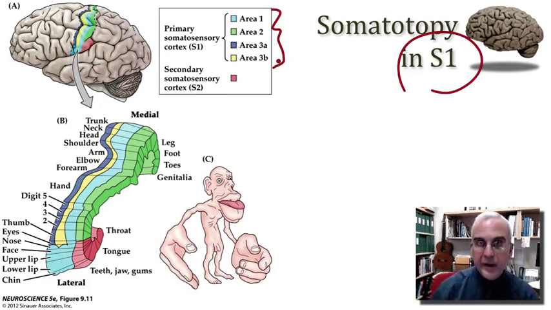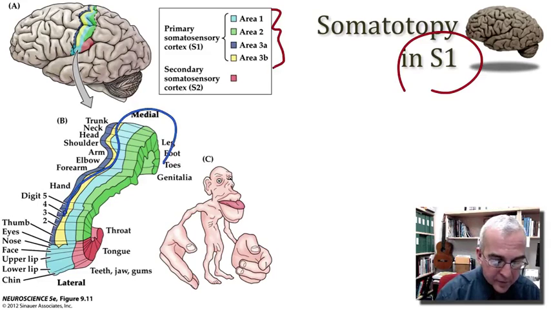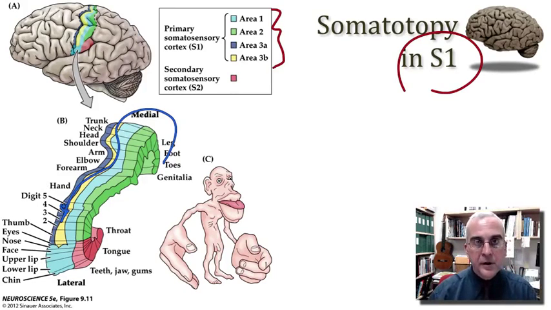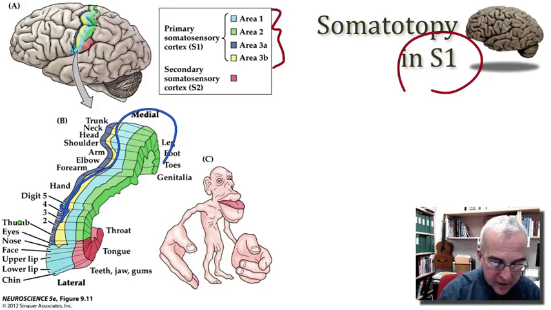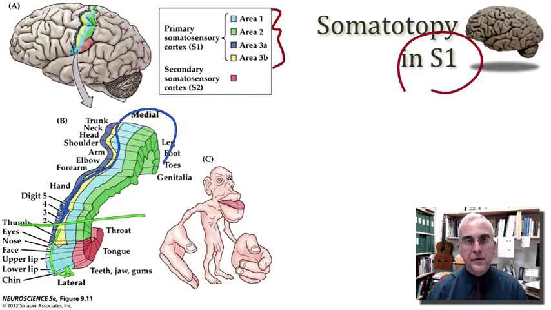The illustration that we have in front of us shows us the detail of that body mapping, and it truly is an exquisite mapping of the body, with the progression from lower extremity through the upper extremity, and then a disjunction where we then have a break and the representation of the face in the inferior third or so of